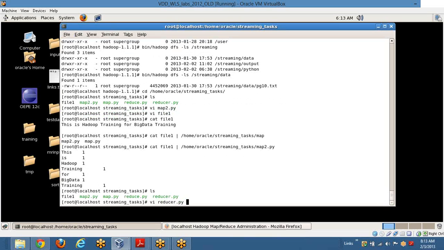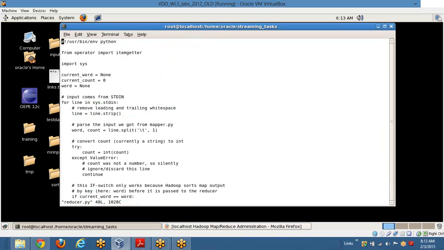In between it will also do the sorting, which is a default for the MapReduce framework. This is where it uses some Python logic to basically read the line. These are just some initial variable initializations. Pretty much the same thing. Read from stdin, put that line,